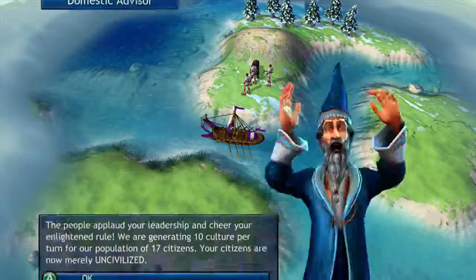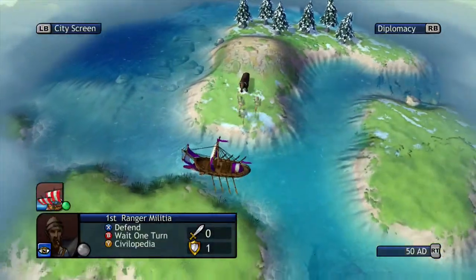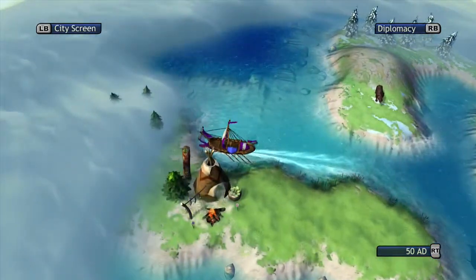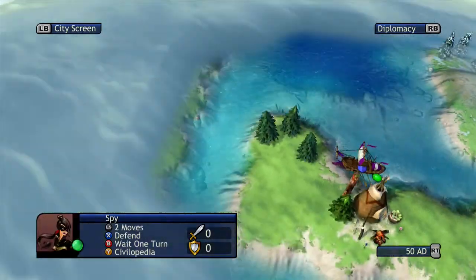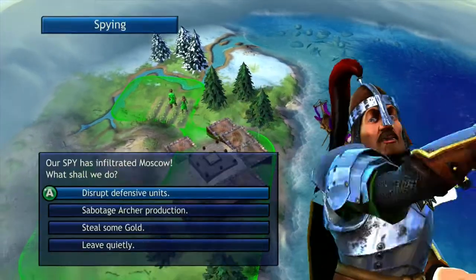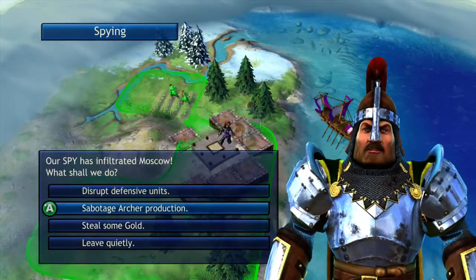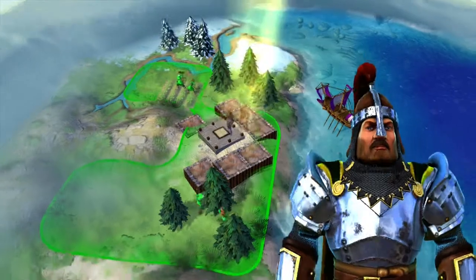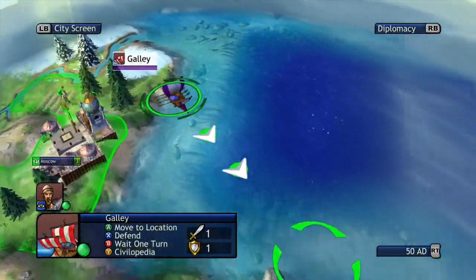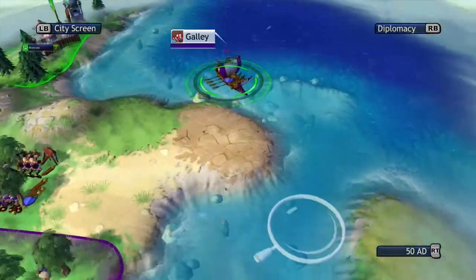Okay. I'm gonna go for literacy. You may seem uncivilized, but I'm trying to make my temples be built as fast as possible. And we got another friendly city. I'm just finding everything. Stole 12 gold. Okay, I guess that's worth it. I guess. I mean, the spy was free. So, I mean...